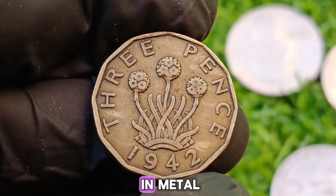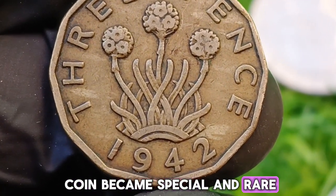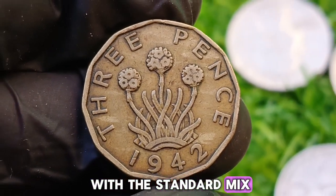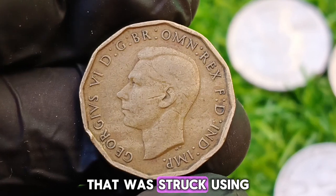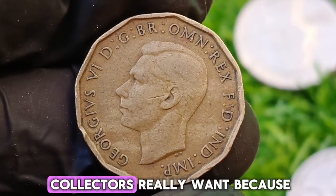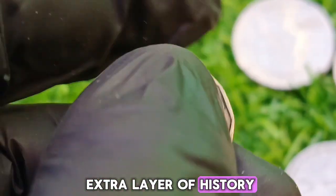Because of this change in metal, the 1942 3-pence coin became special and rare. While most of the 1942 coins were made with the standard mix, there's a very rare variation of the 1942 3-pence that was struck using this alternative copper-zinc alloy. This is the version collectors really want because it was not common, and it adds an extra layer of history